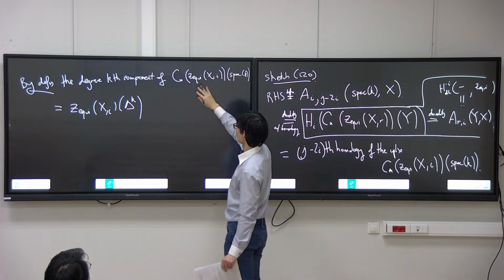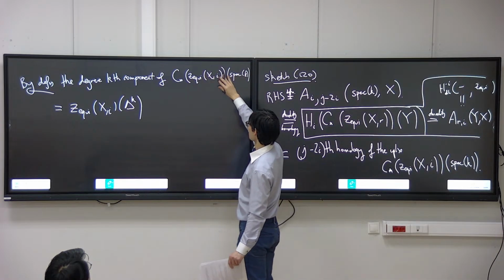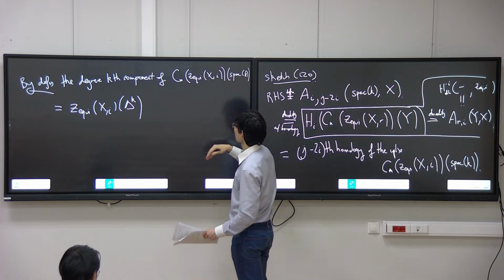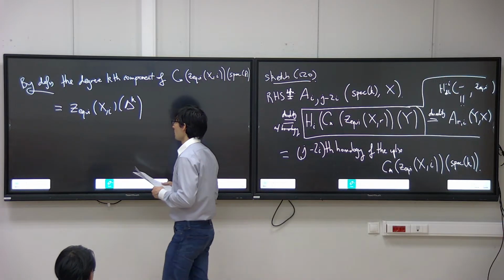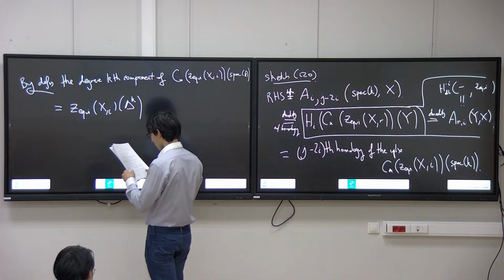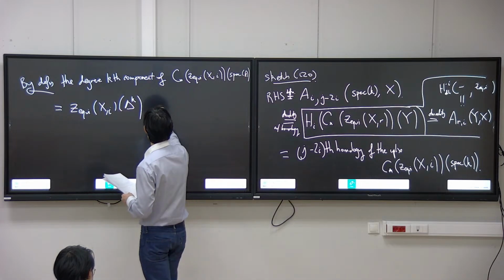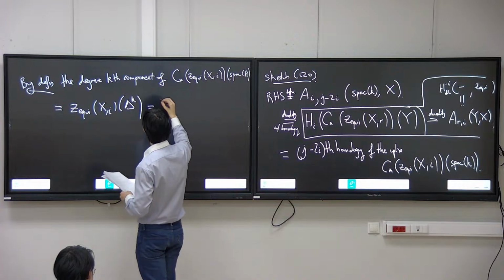It was to treat this as a sheaf and look at the sections of it at Spec of k. You just get a Delta^k appearing at the top. And so this is the group of cycles